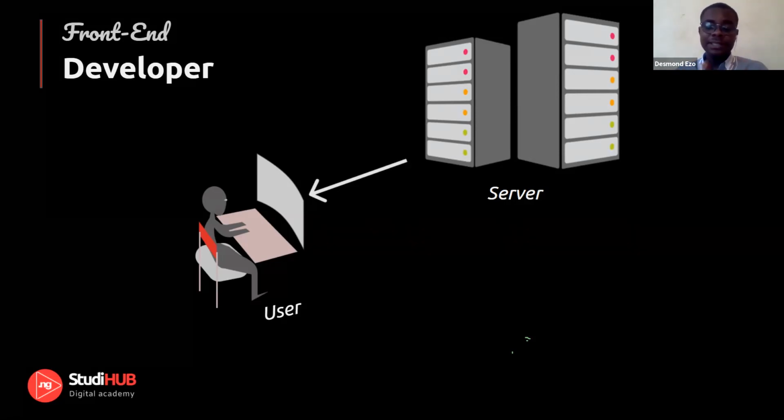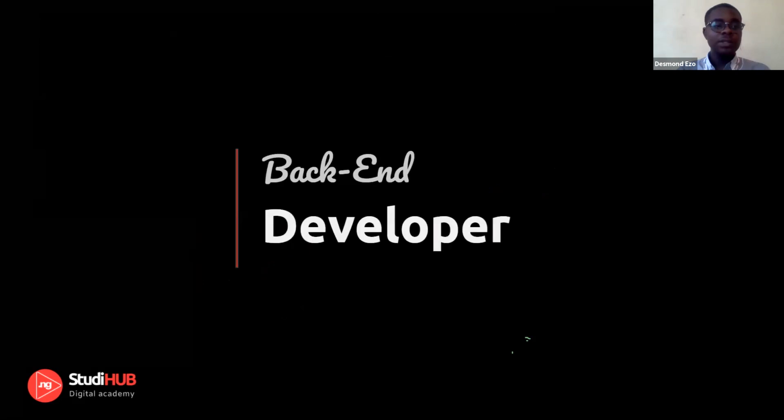Now, the back end part is the business logic. The business logic is never delivered to the user, it is only stored and run on the server. And the business logic is what the backend developer writes. Usually is what the backend developer writes. So he writes code that would run on a computer server.